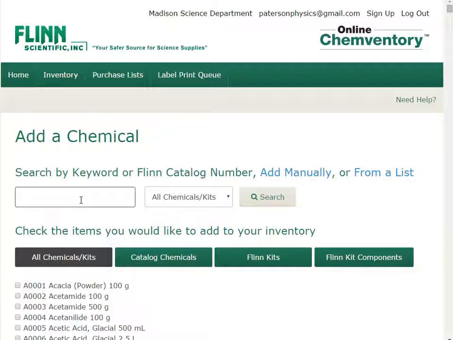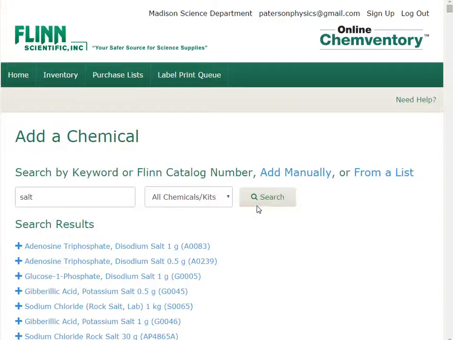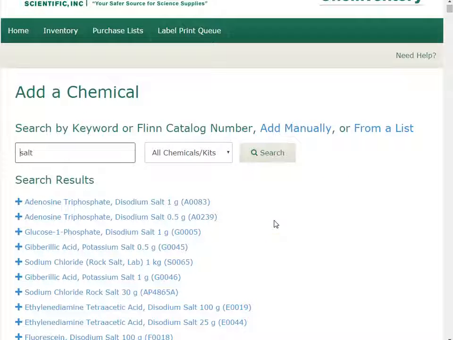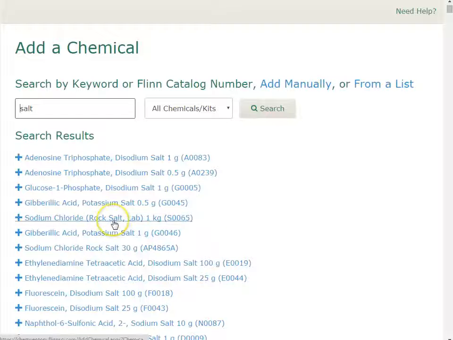And so what we're going to do is try and add something pretty common. We're going to add salt. We're going to see what comes up. So give it a second to think. Okay, now there are lots of different types of salt, and probably what we're thinking about is sodium chloride. So let's see here. We got rock salt,